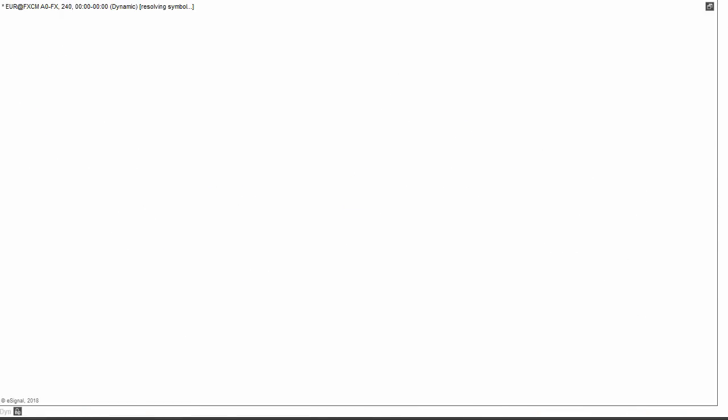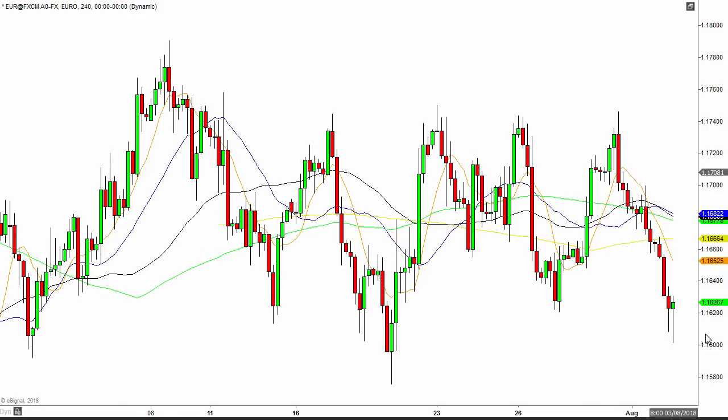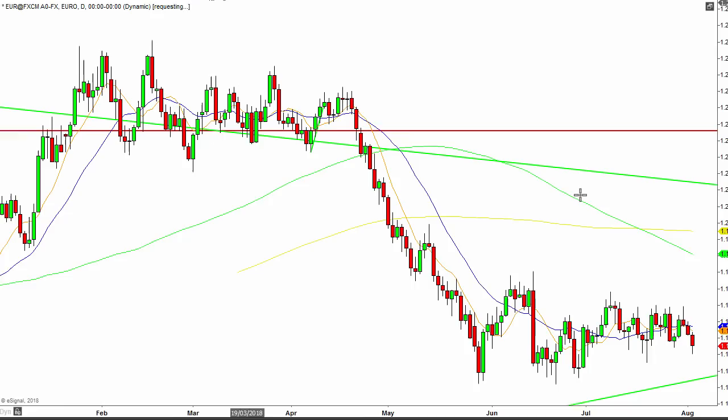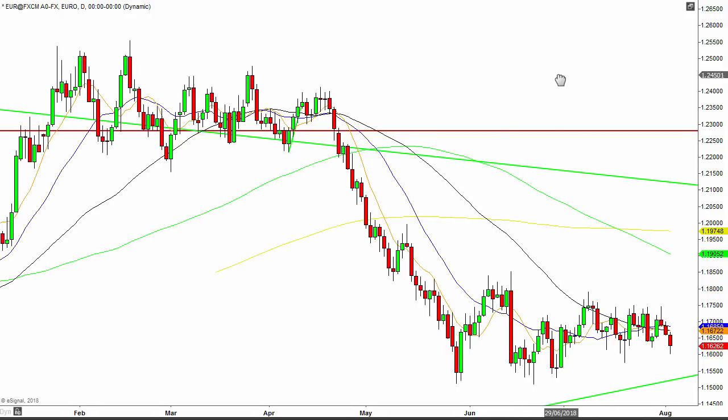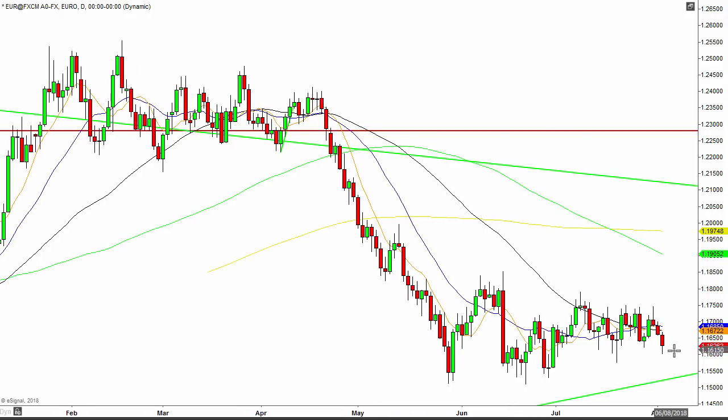Like I've said though, that's if we see that sort of price action. If we see the euro dollar coming up within this range, then it's probably likely that I'll just leave it alone and sit back, because it's been very choppy overall on the dailies, if we go back to the daily charts. If the euro comes back up within that range, then I probably won't get too involved in it. But if I do see some weakness, then we've got this potential to come back down and visit this trend line here.